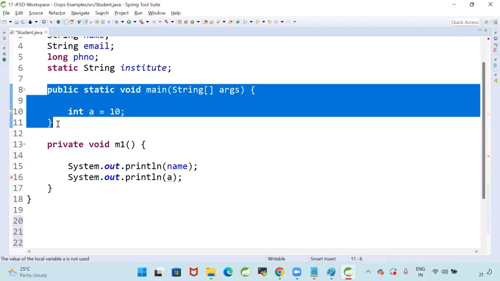Local variables will be created when the method is executed. Once the method execution is completed, local variables will be deleted. Local variables are short-period variables. When the method execution starts, the variable will be created. When the method execution is completed, the variable will be deleted. If you want to use a variable for temporary purposes, just for that method execution, then only go for